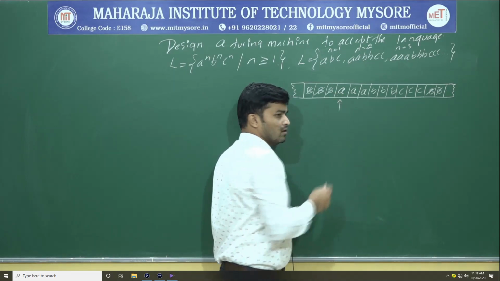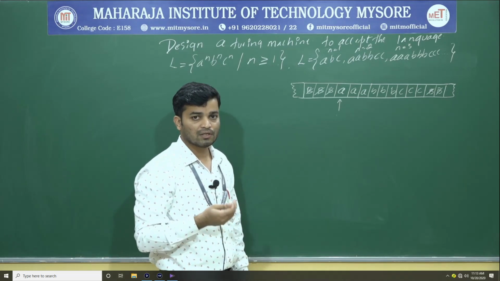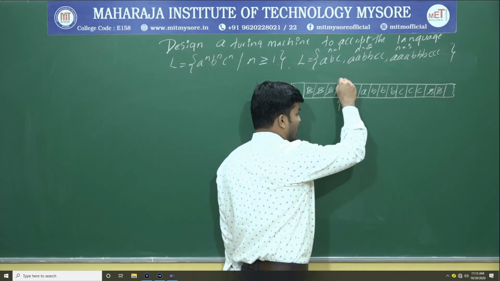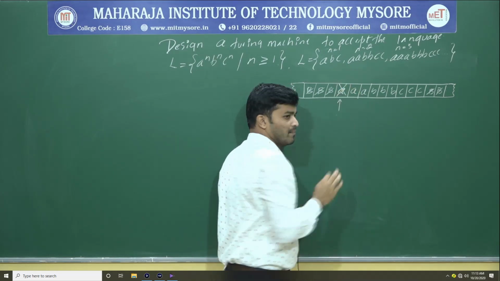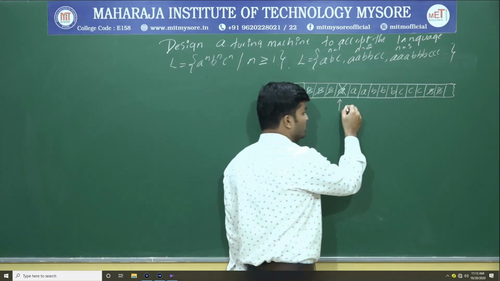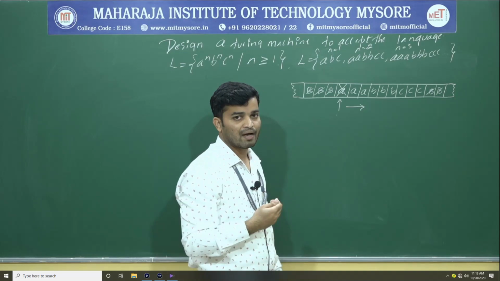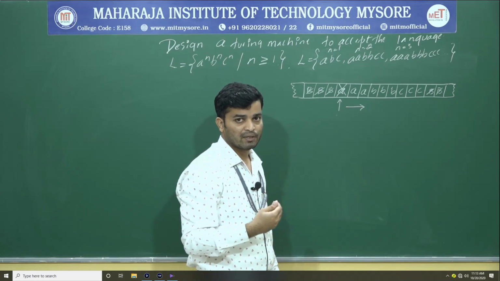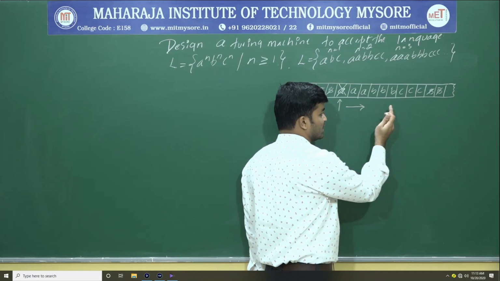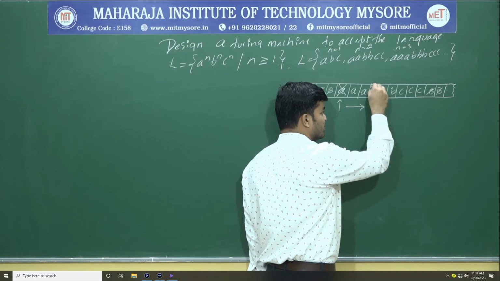So what will the read-write head do? It will read one input symbol from the finite-length input, and replace it with some special symbol. It will read a and replace it with x. So we have 1a. Next it will move to the right hand side. If the string is valid, then there should be 1b, so it will keep on moving right, searching for b. Once it gets a b, it will replace that with y.